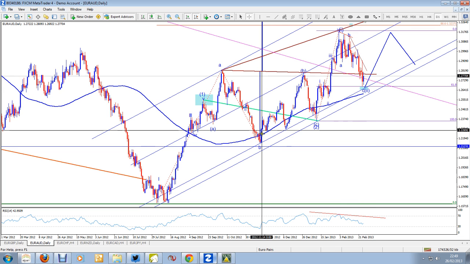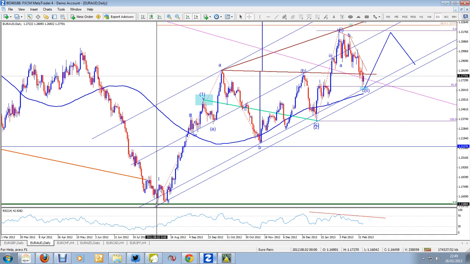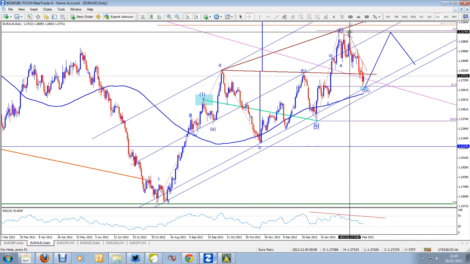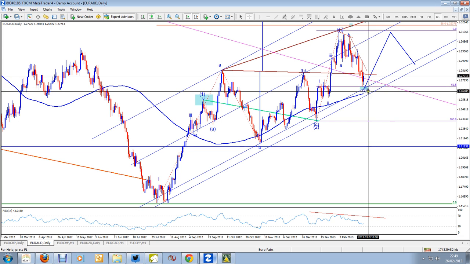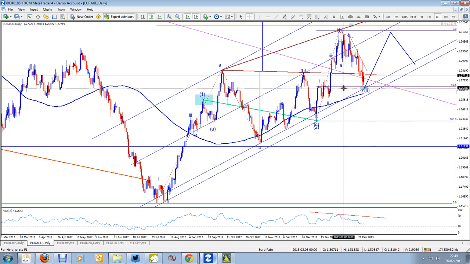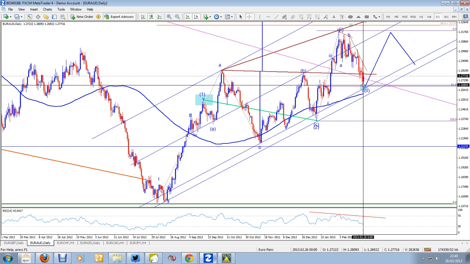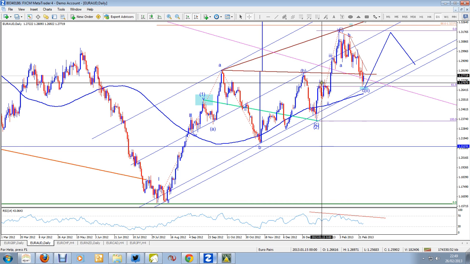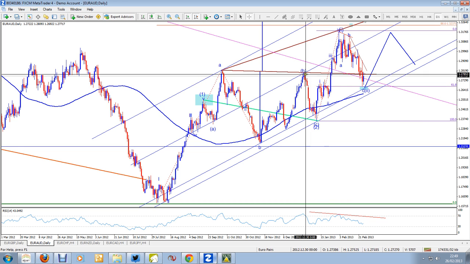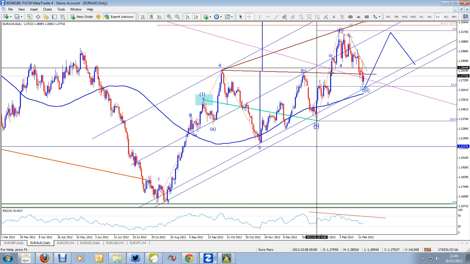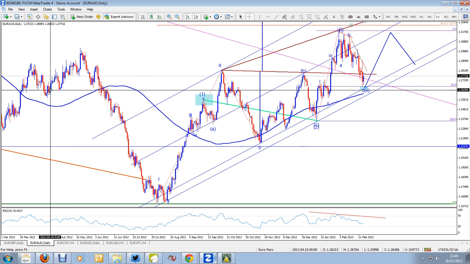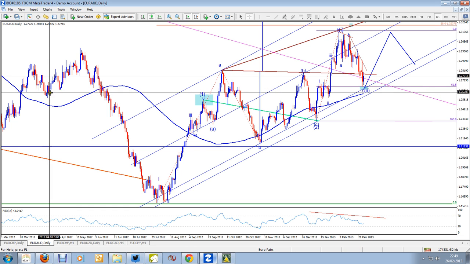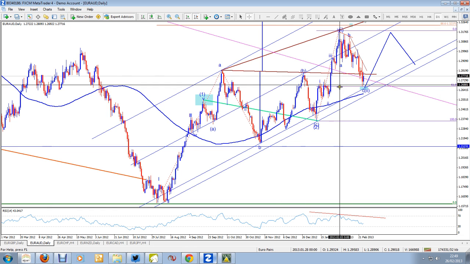If we also put Fibonacci of this last leg up, we're coming into the 61.8% in that area, and then horizontally we have a reason to believe that to be a potential area of support, because here we had resistance, and then the whole area here I think is slightly higher where we have a resistance, but here on the left we have a potential area of support again. So I think in this area we could expect something,